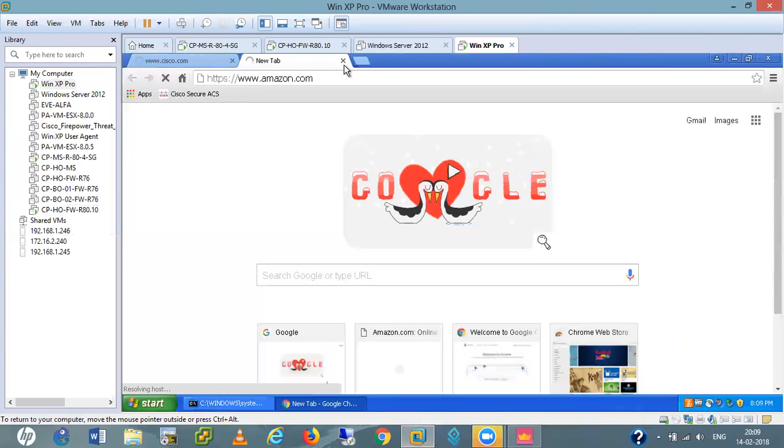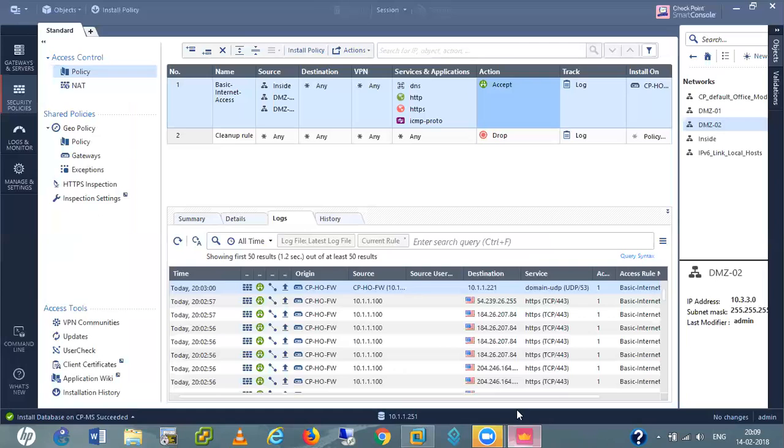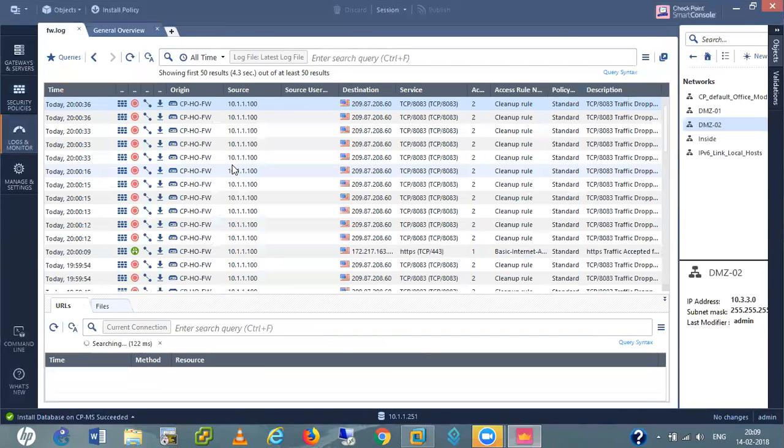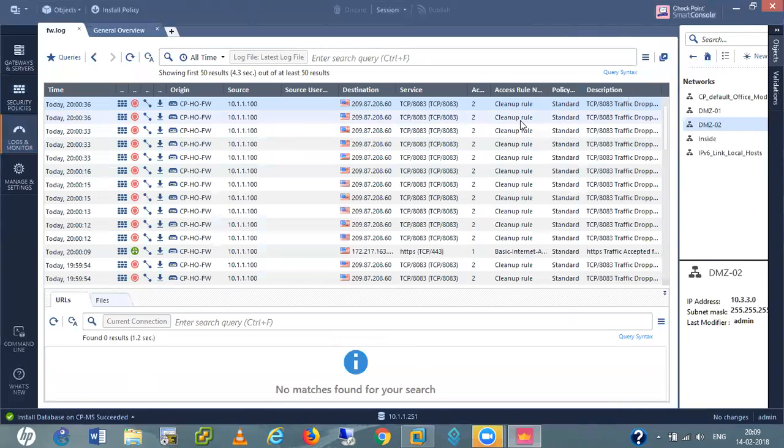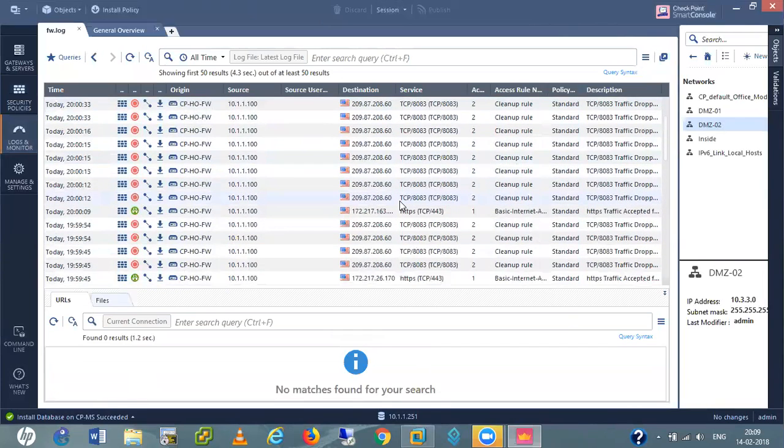Check the logs once again in the Check Point device. It is dropped by the cleanup rule. TCP 8080. Okay, I think it's going for the firewall specific.